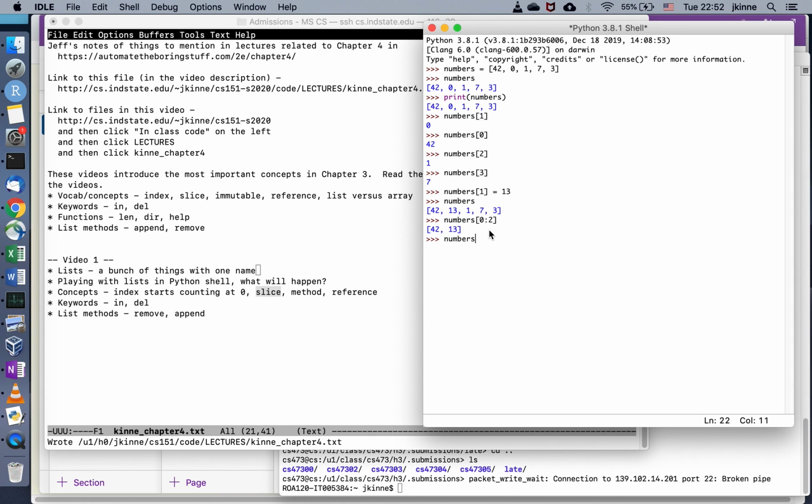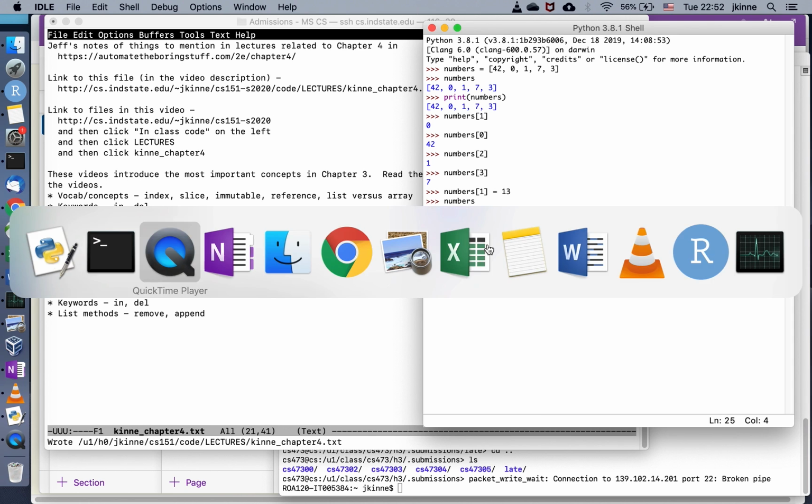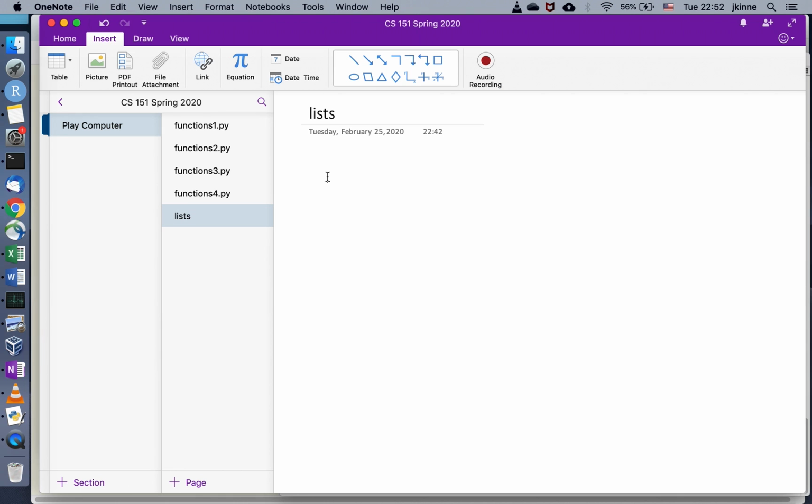Now if I do numbers 0 up to 3, what do you think it's going to give us? That went one further. Okay, so we can give it a starting index, and this is like the range where it stops before that one. If we go over and look at what this looks like in our Play Computer Land,